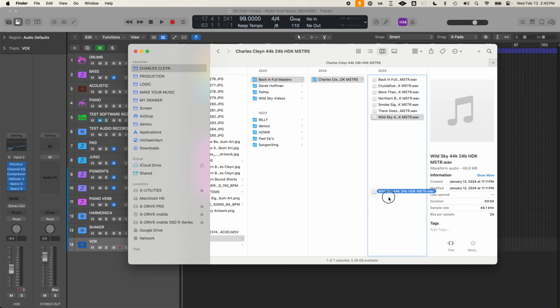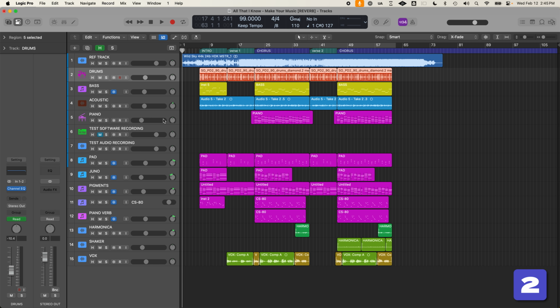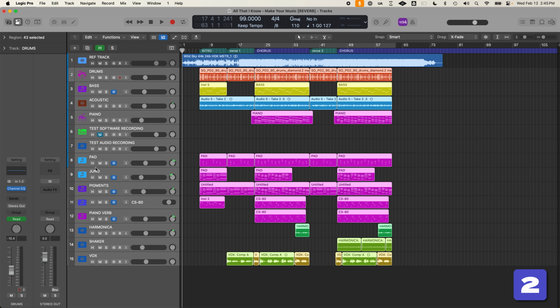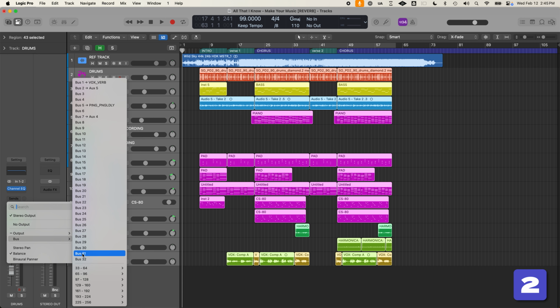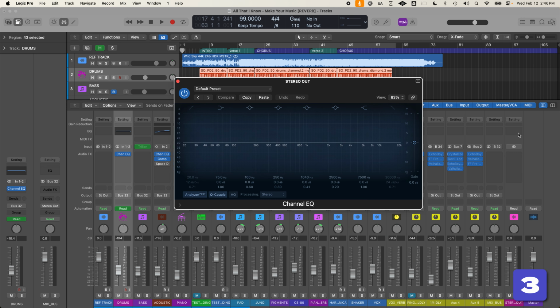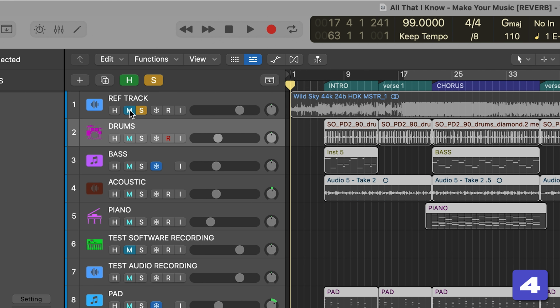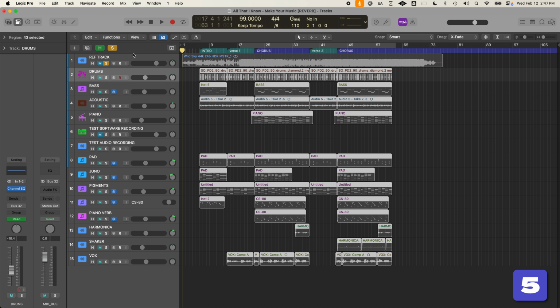Let me now break it down for you and show you step by step how you should use this as your map in Logic. So step 1, add it as an audio track in Logic. Set up a mix bus channel in your DAW and have all your tracks routed to this channel instead of the stereo out channel. Add a channel EQ to the stereo out channel strip, but nothing else. Press solo and mute on your reference track in that order. Now you can compare your mix versus the reference track by just pressing the solo button here on your reference